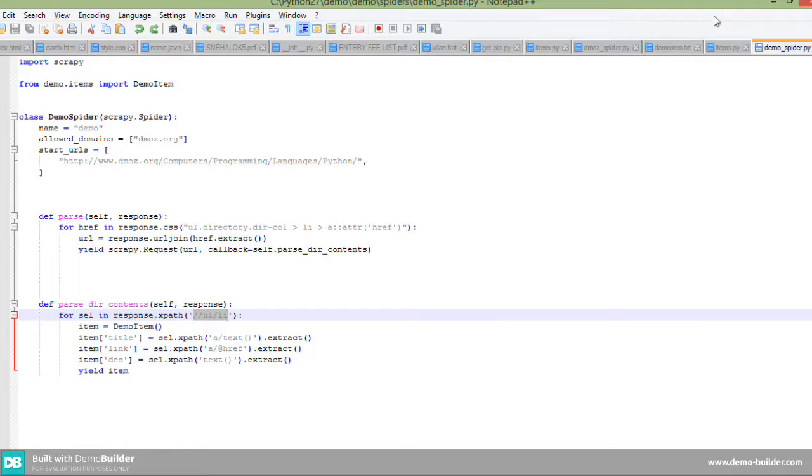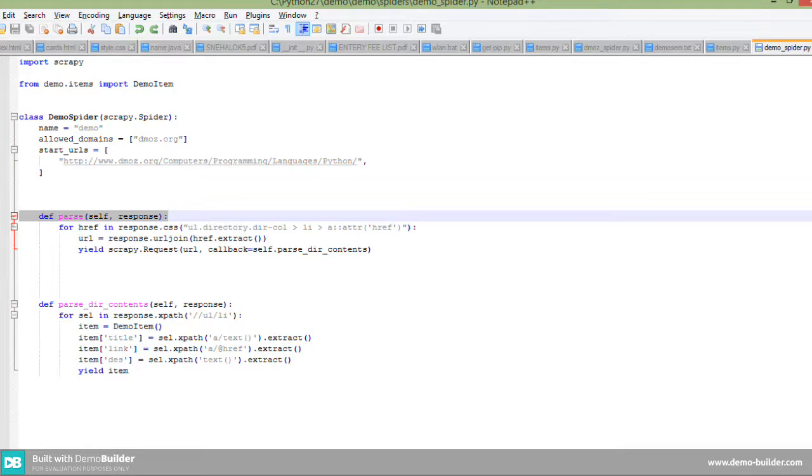For this parse definition, this parse extracts all the URLs and it will go to the next URL and all those things, and it will show what needs to be extracted in that web page.